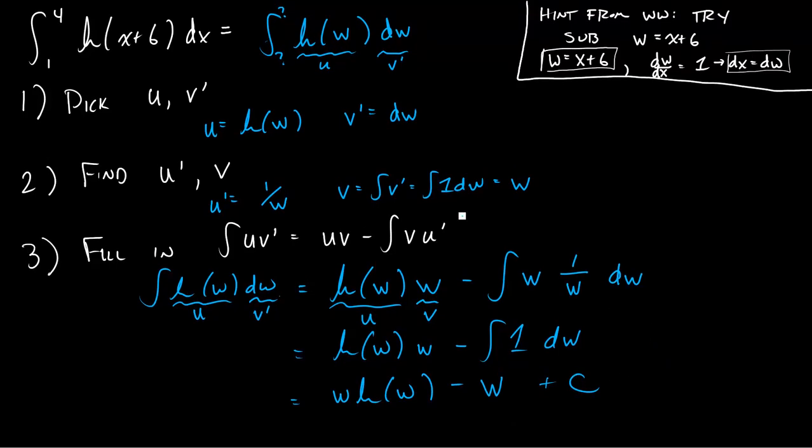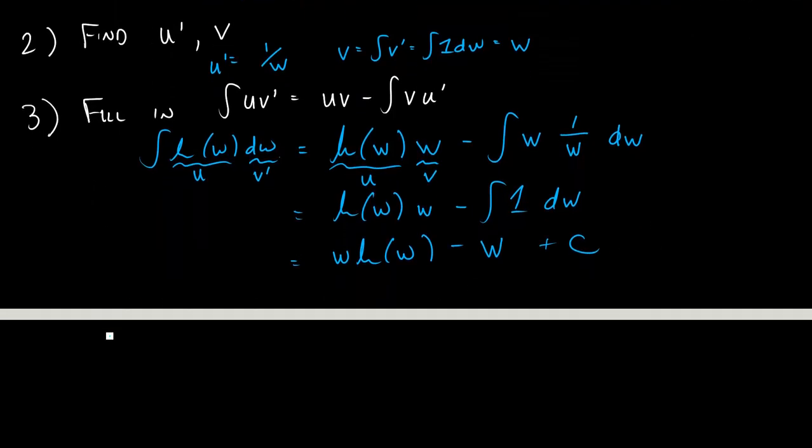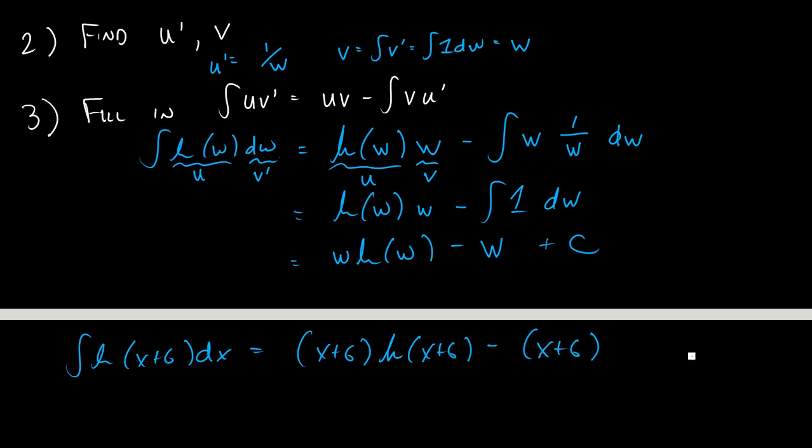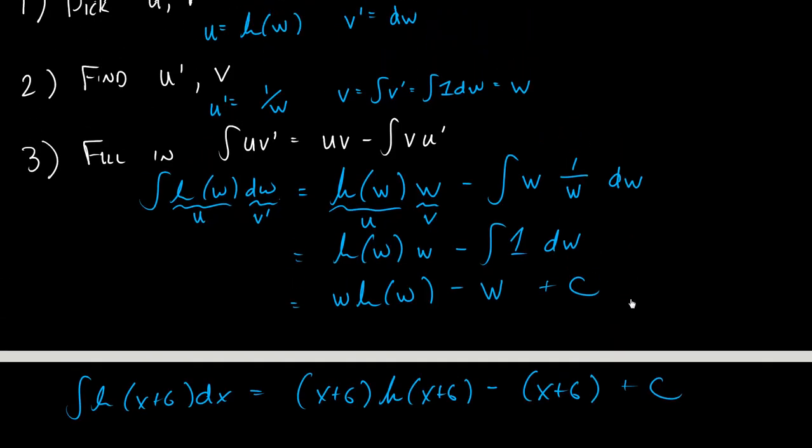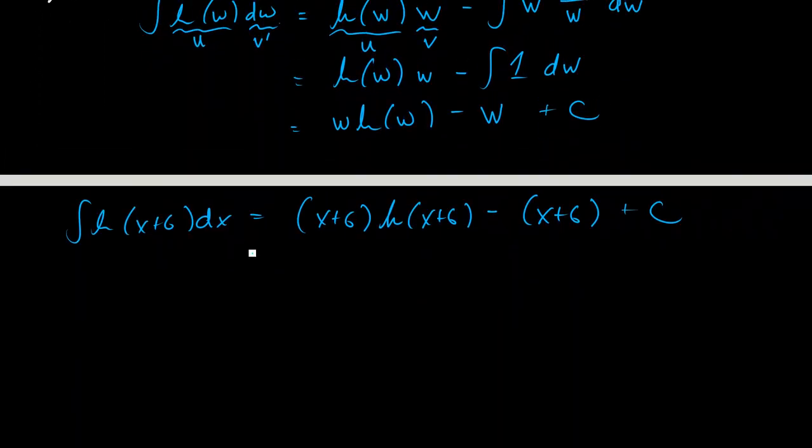Now, my original problem was, what's the integral from 1 to 4 of the ln of x plus 6? And we said, to do the ln of x plus 6, I actually need to do this substitution first. To get the answer to this, I need to bring back my x's. So this is going to tell me the integral of the ln of x plus 6 dx. I'll have x plus 6 times the ln of x plus 6 minus x plus 6, all plus c. And so if I want to do the integral from 1 to 4 of this whole thing,